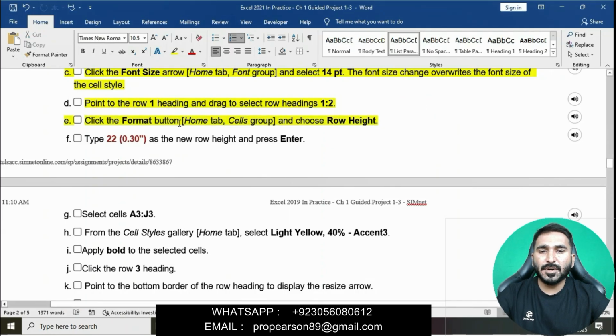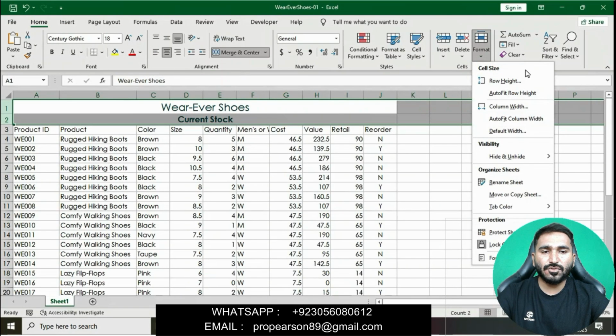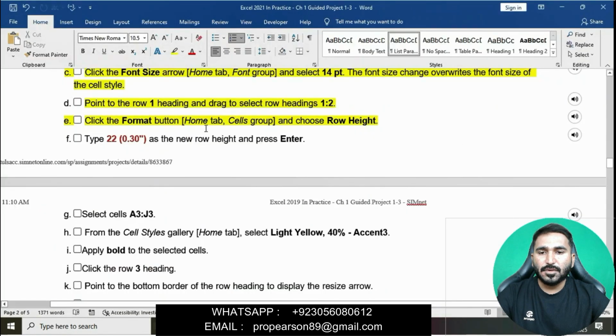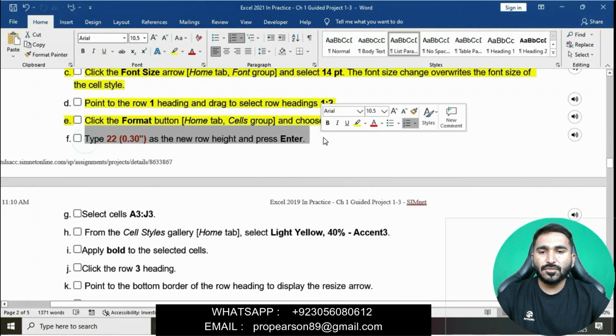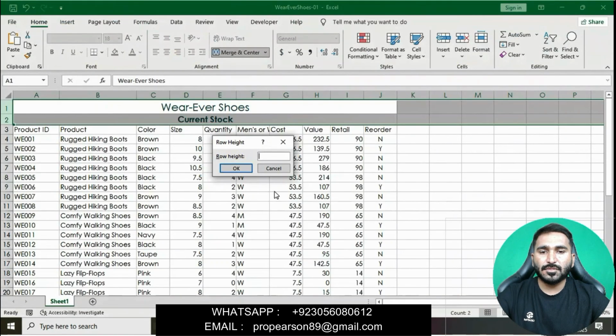Type 22.50 in the new row height box, then click OK and press Enter.